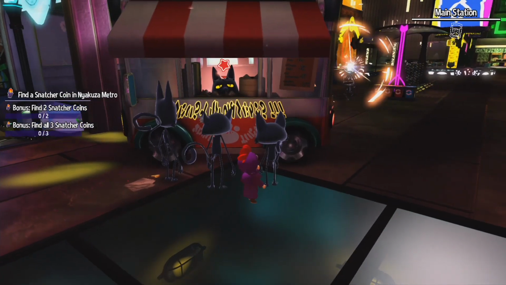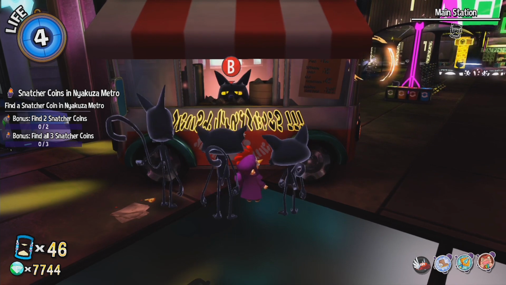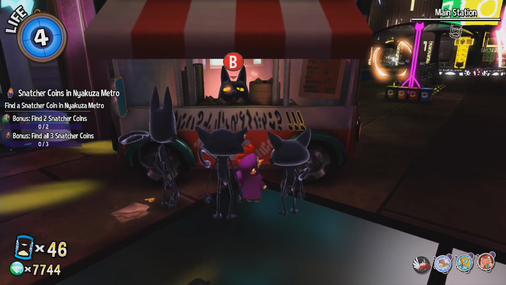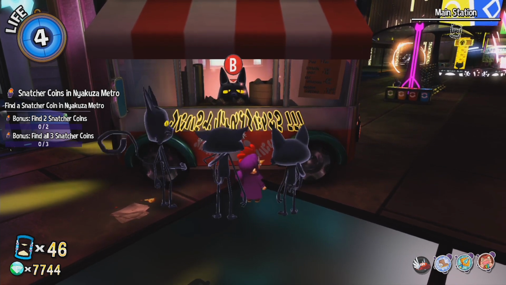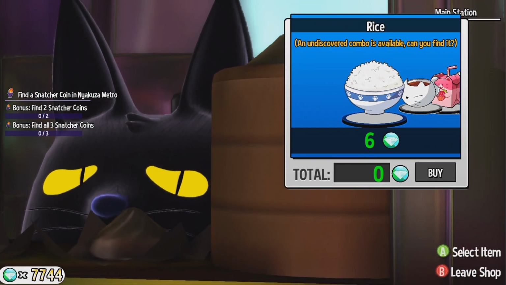Before we get into that, this is a restaurant. You can tell it's a restaurant you can actually interact with because there is a glow behind the person, and you can talk to them with the B button. Shopping around, when it says that there is an undiscovered combo